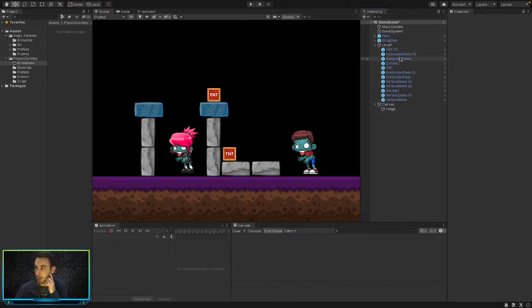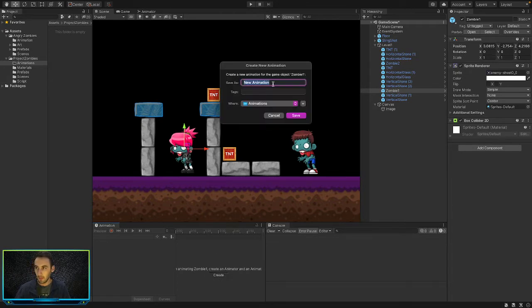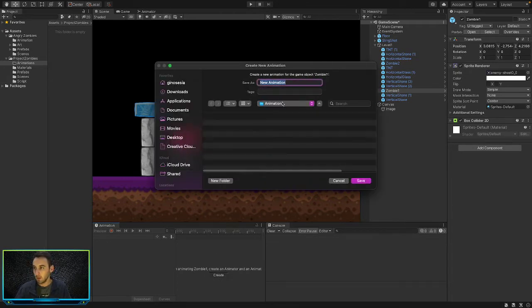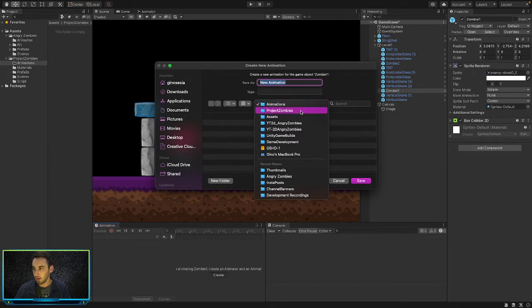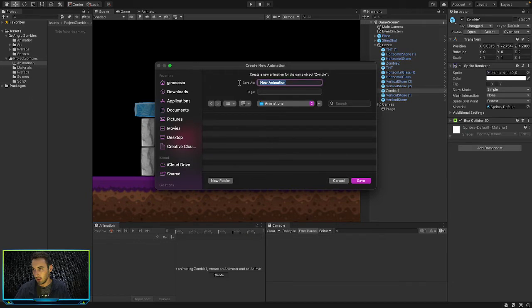Under our level we added our zombies in, so let's start with zombie 1. We'll click on zombie 1, and then in our animation window, we'll say create. So in our new animations folder, project zombies animations. Okay, let us create a zombie-1,